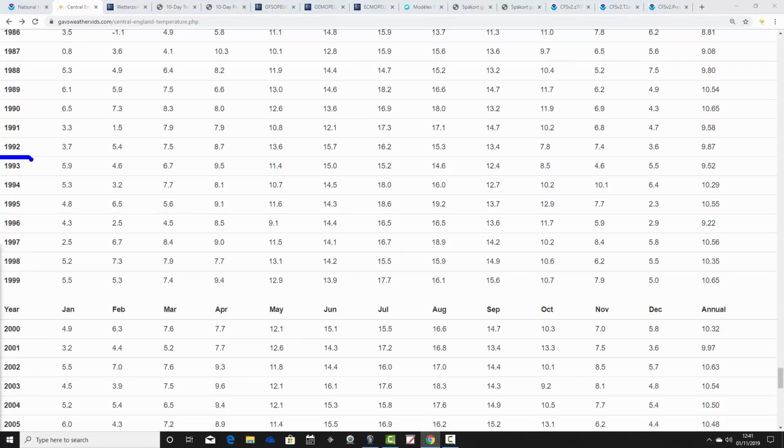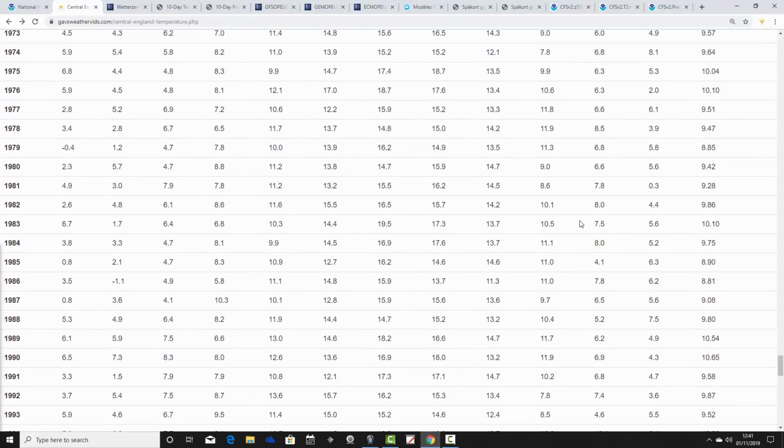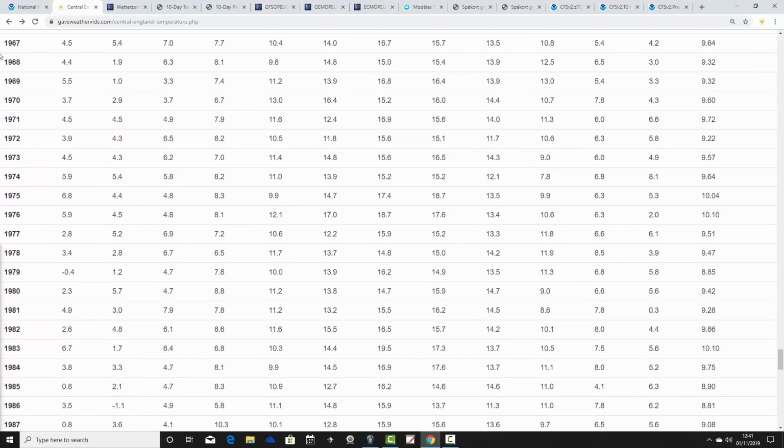We get to 1993, which had an October CET of 8.5, and 1992 was even colder at 7.8. That was our last really cold October, 1992. They were a little bit more frequent, these colder Octobers, a while back. So if we go to 1981, for example, we've got 8.6. October 1980 at 9.0. These are more regularly colder than average months then, back into the early 80s and into